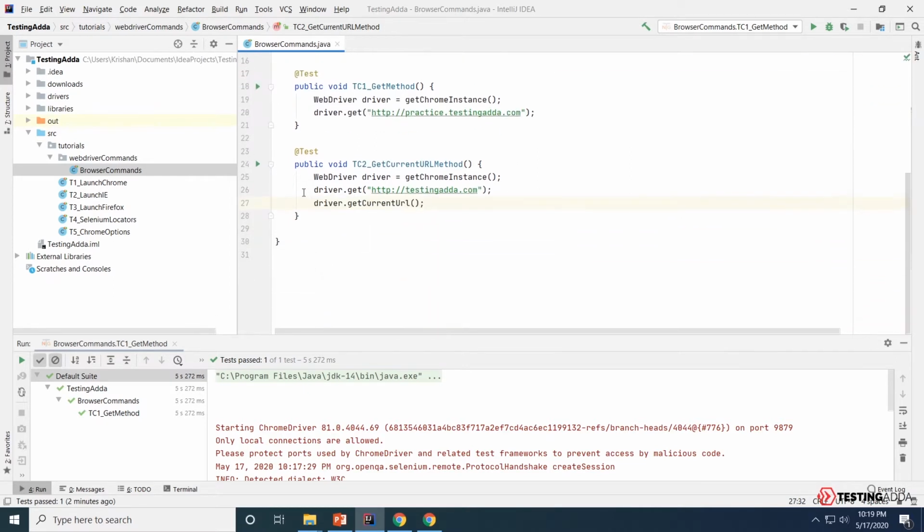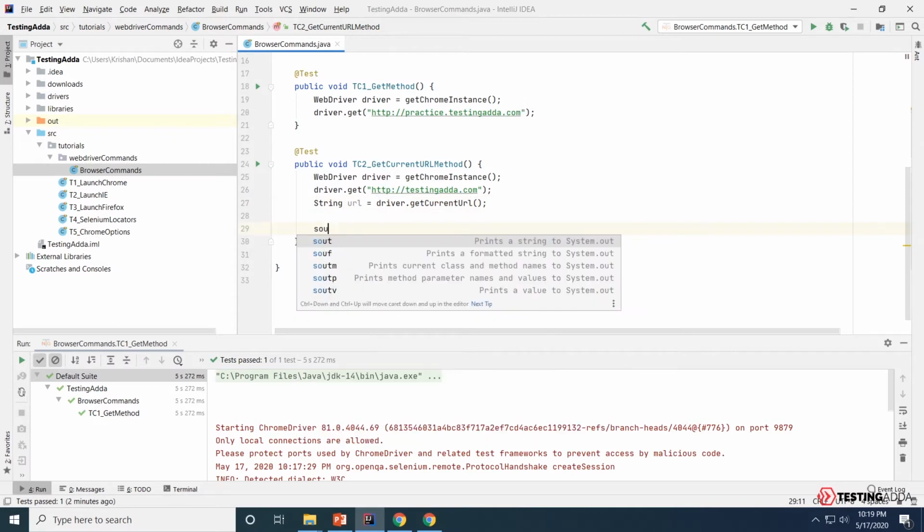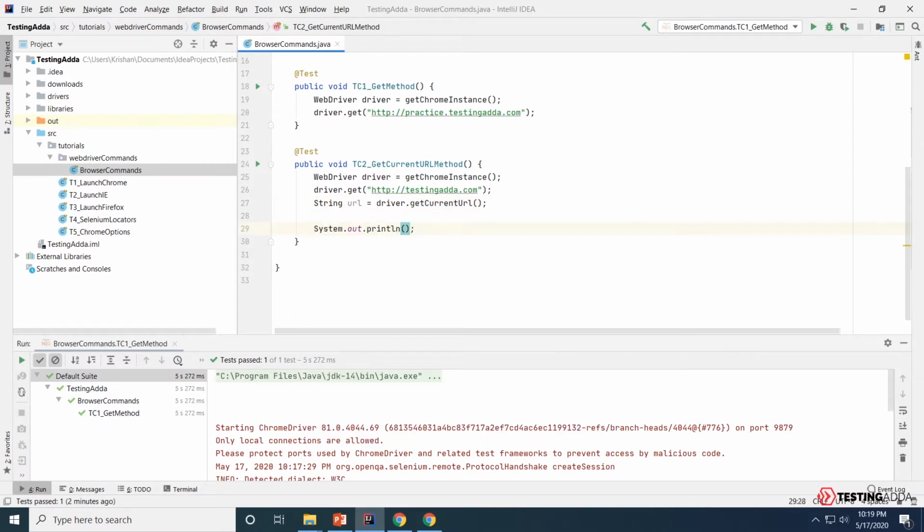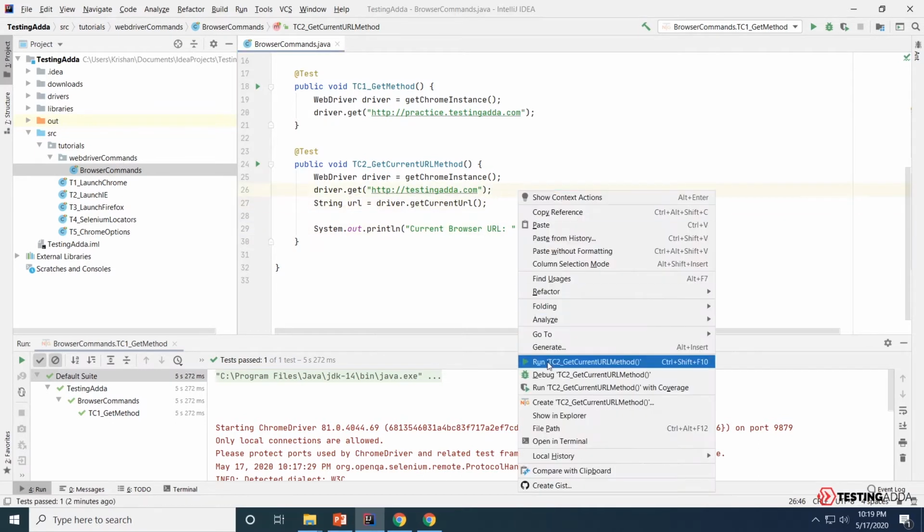Now as this is going to return a string value, I'll get the value in a string variable. So it is going to be URL. Now let's try printing this URL using sout current browser URL, and I'll print the URL. Now let's try executing this method using right click and run.